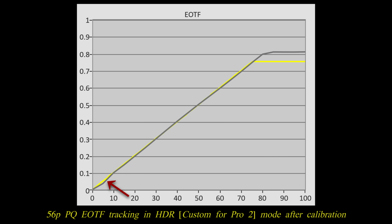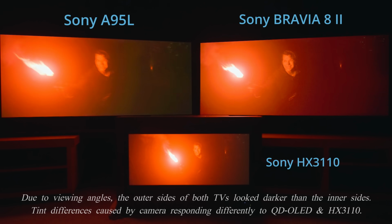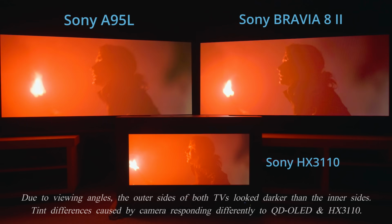We also observed a noticeable kink coming out of black on our 55-inch BRAVIA 8 Mark II review sample, resulting in a visible break in near-black transition. This issue was present, albeit to a lesser extent, on a second retail unit we measured, and manifested itself not only on this 10-bit HDR quantization test pattern, but also in real-world HDR10 footage where fire flickers against a dark